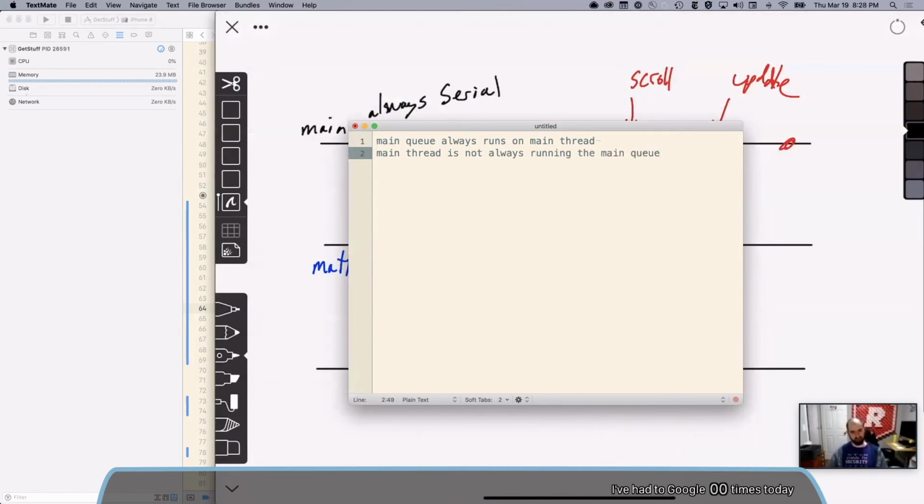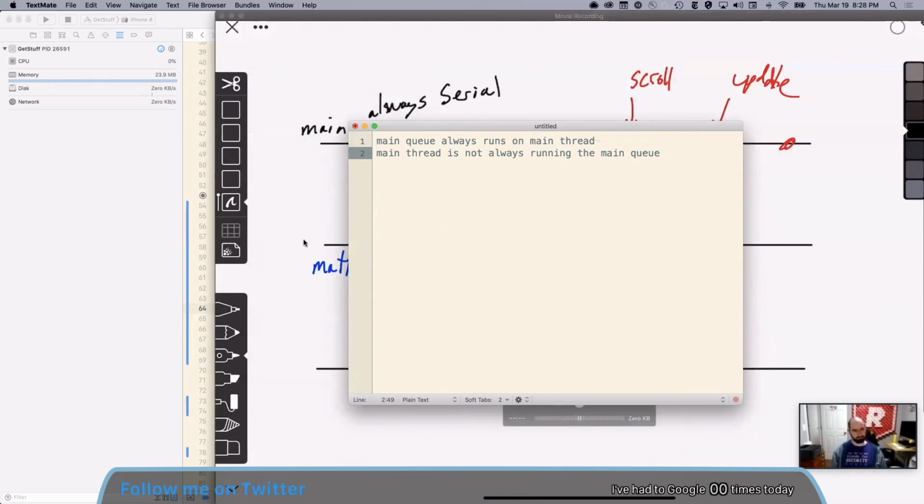There are cases, I don't really understand when or why they would occur, but there are times when the main thread's hanging out and it's like, oh, I've got eons and eons until the next 60th of a second refresh of the display. I've got nothing else going on. Let me run some work from another queue. So occasionally, very occasionally in specific circumstances, you'll pause your app and notice that you have work on the main thread, like thread 1. Threads are indexed from 1 for some reason. That is not on the main queue, which is weird, but worth knowing because a lot of people just consider that these are synonymous, and they mostly are, but sometimes not.